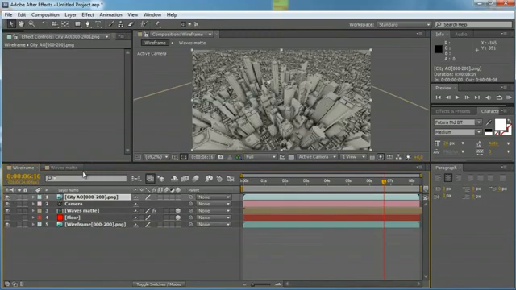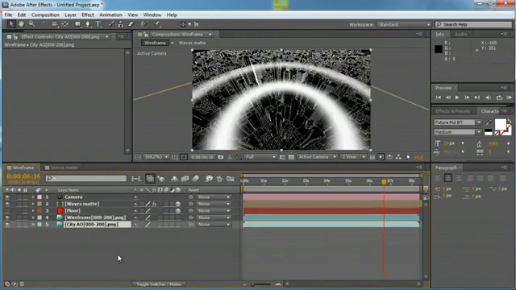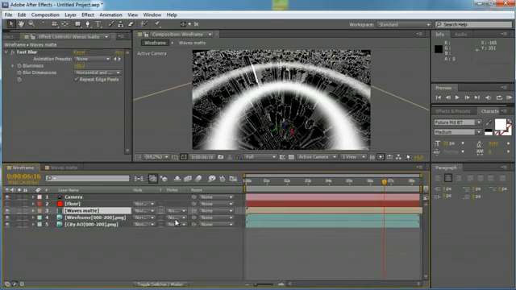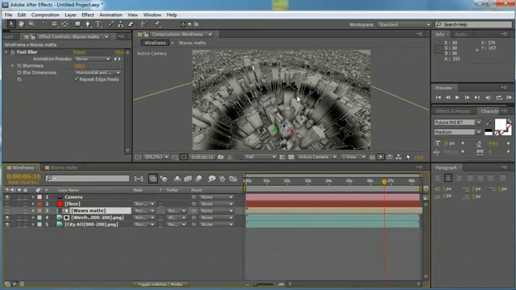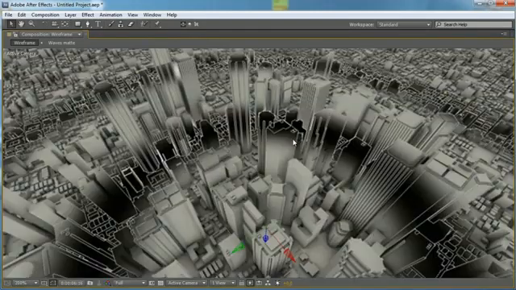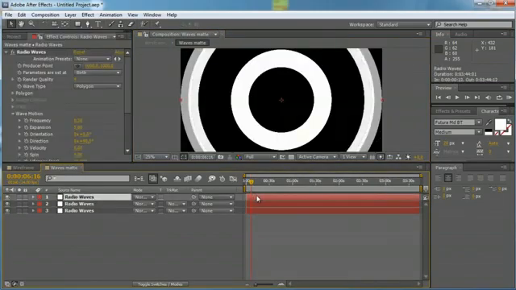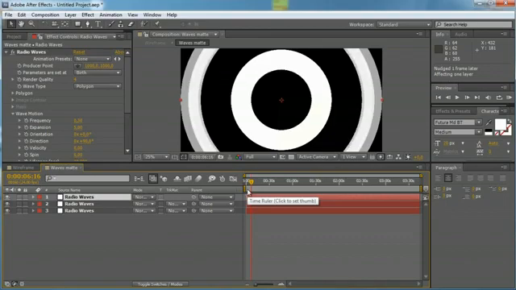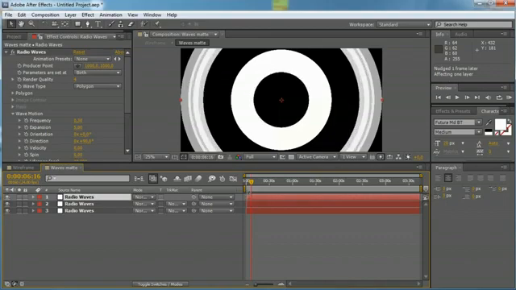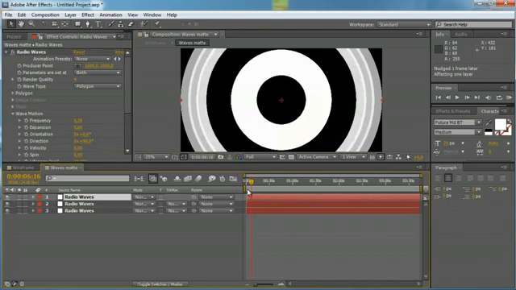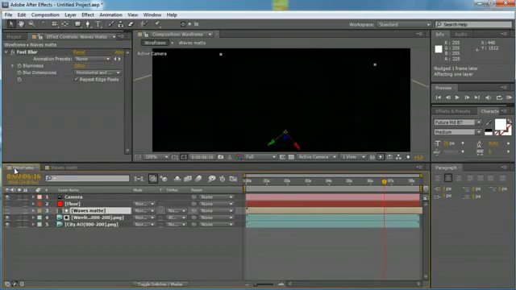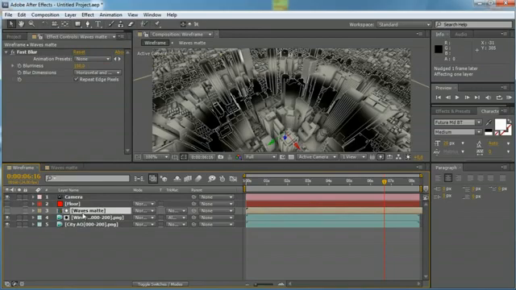take the city whoop, put it below the wireframe, and set the wireframe to alpha matte. This way it appears only where are the radio waves, and we are going to duplicate the radio waves once again, and by holding down Alt and Page Up and Page Down, I'm offsetting the layers with 1 frame, as you can see. So I think this is okay, and we are going to select the waves, duplicate the camera,